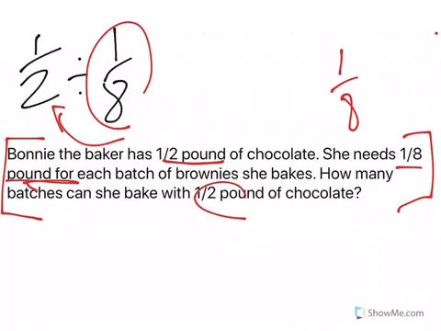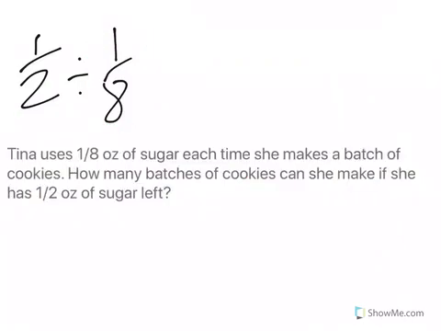Now, could we write that in a different way? Could we use the same numbers and write a completely different equation or different word problem, different division story, however you want to look at it? Absolutely. Here's another one. All right, here's another problem. Tina uses 1/8 ounces of sugar each time she makes a batch of cookies. How many batches of cookies can she make if she has 1/2 ounces of sugar left? Or 1/2 ounce of sugar left. So the reason I want to look at this problem is because this is the same problem as before. She has 1/2, and we want to know how many times 1/8 can go into that 1/2